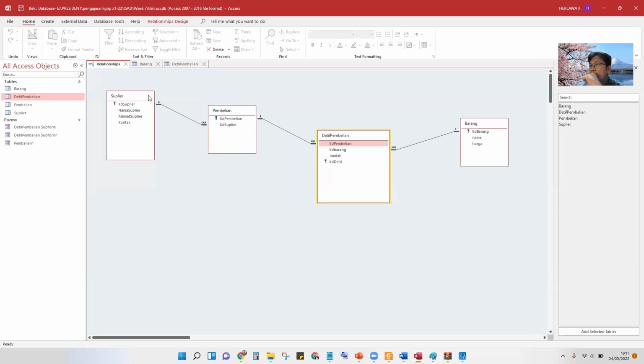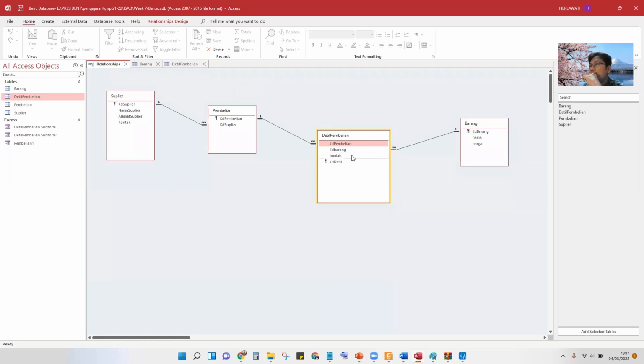It means that the cashier, when checking the trolley or keranjang, basket, scans item one by one, and every item has its own ID based on the barcode on the item, then stored in this detail.